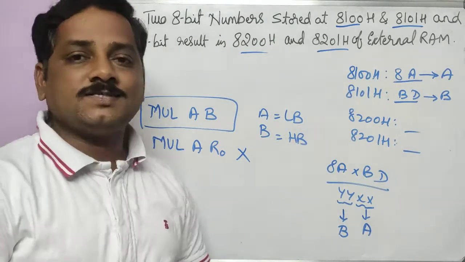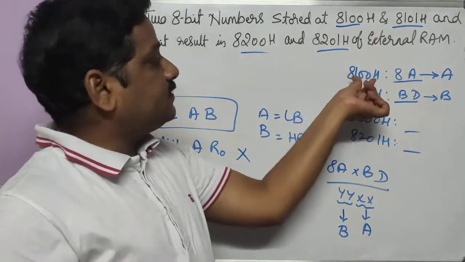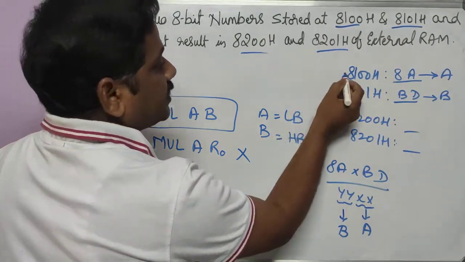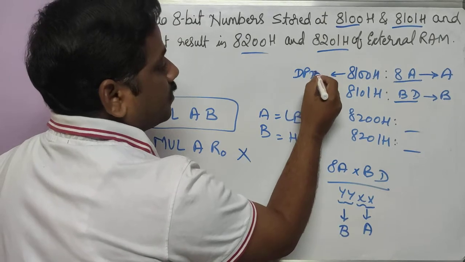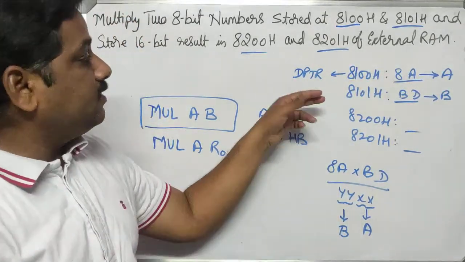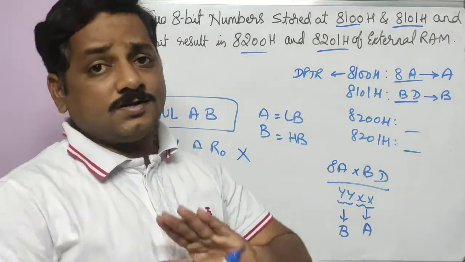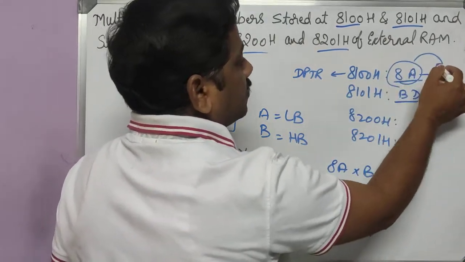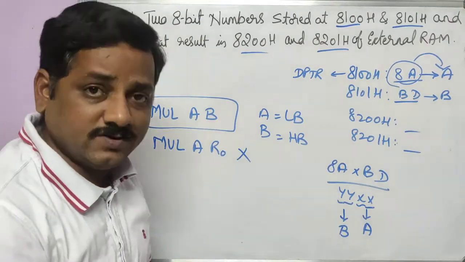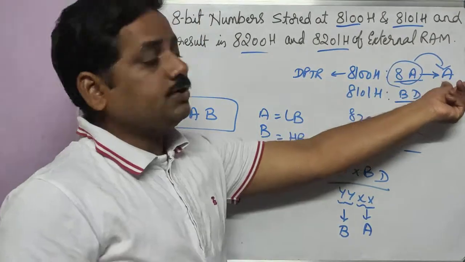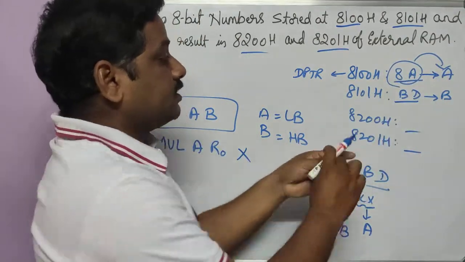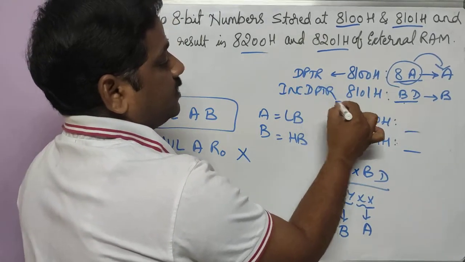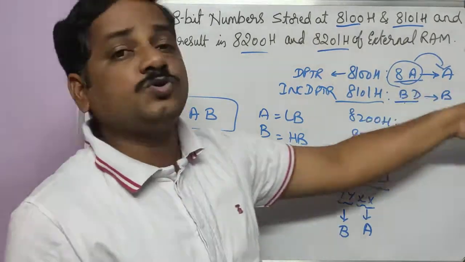Now we have a challenge here because we know that we should use DPTR to fetch this address. So first we assign the first address to DPTR, and then from DPTR I can move the data to the accumulator. That's fine. We can directly take this data and move it to the accumulator. That instruction we have. But after getting it into the accumulator, I can increment the DPTR so that I point towards the next address, and this has to be moved to B.